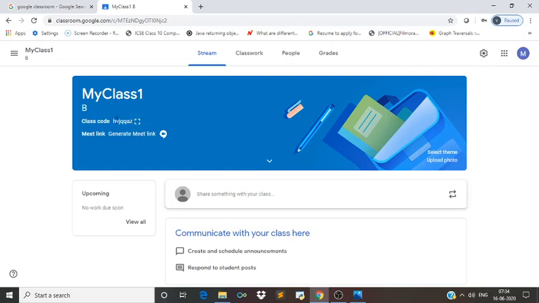When they will get this passcode, they can join using plus operator, which you got in starting. In starting, you got two options: join class and create class. So student can use join class. After that, they will input this passcode. Okay, this is the second way.